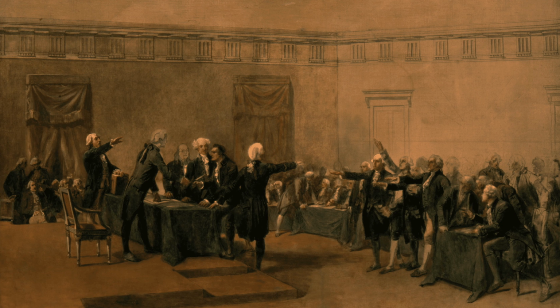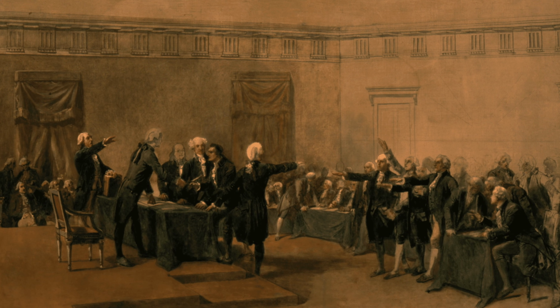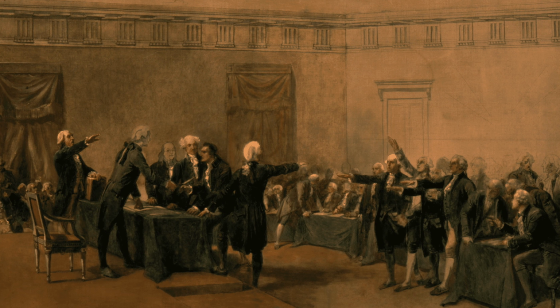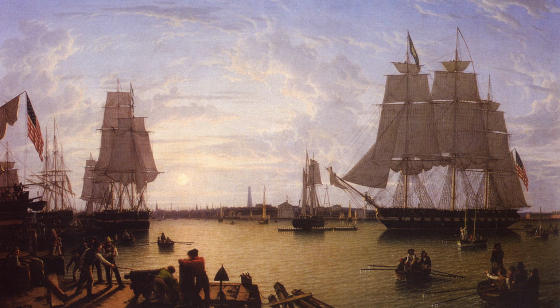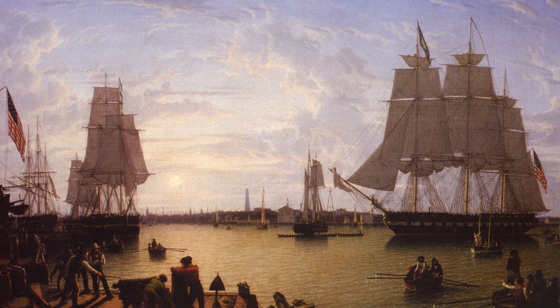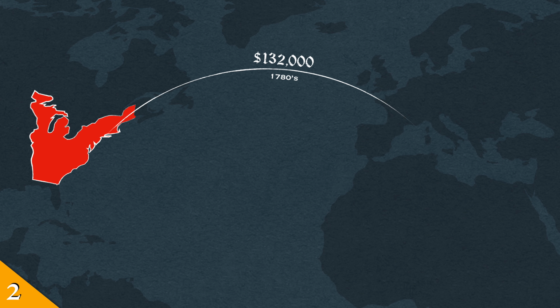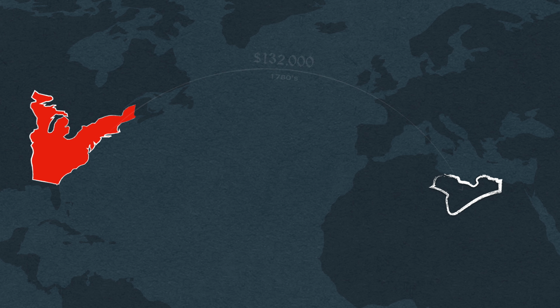Debate raged in America on what to do about this. Hundreds of Americans had been taken as slaves by the Barbary states, and the threat to shipping could pose a serious risk to the new American economy. Even before the Constitution, America was asked for $132,000 from Tripoli. All of this was compounded by high insurance rates for U.S. ships, given their lack of a navy.